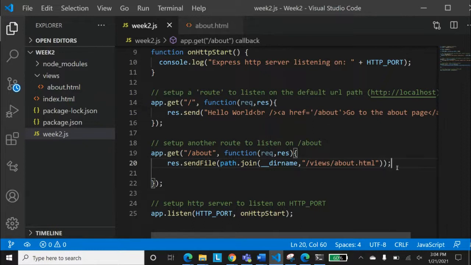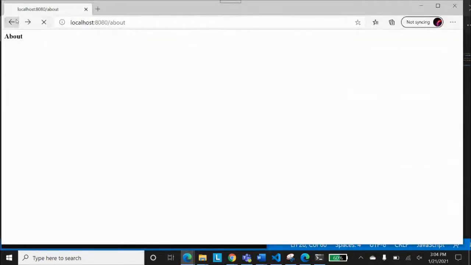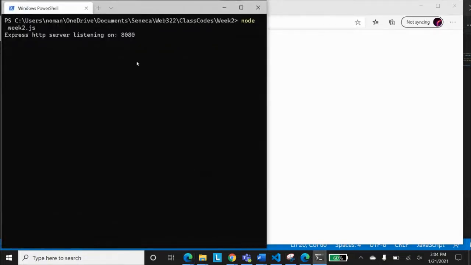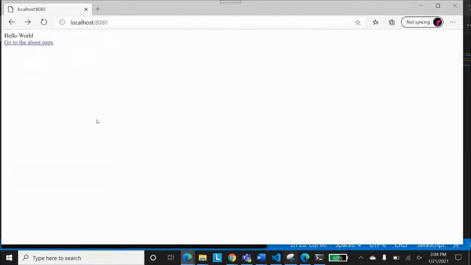Has everyone saved this? And now let's see, is my file running? Yes, the server is running. Let's go back to the server and refresh it. Now go to the about page. Okay, we are not getting it. We need to run node.js again. So I'll press Control-C, come out of it, and run that again. I don't know why I need to run it again. It should be working in the first place, but let's see why.